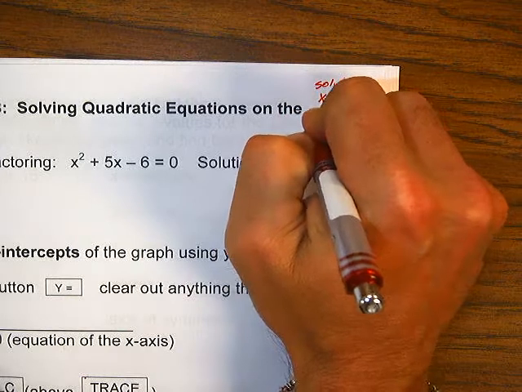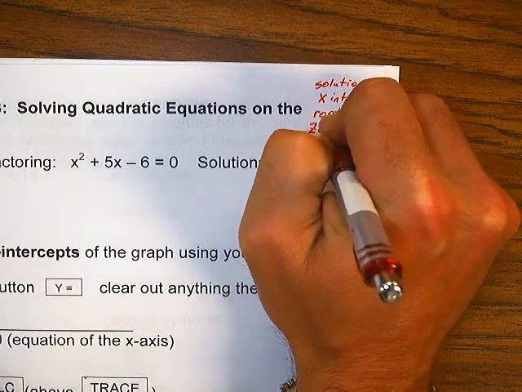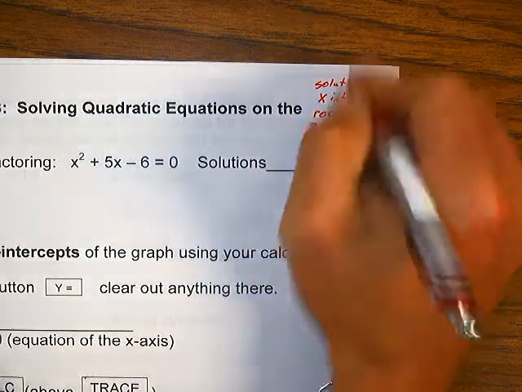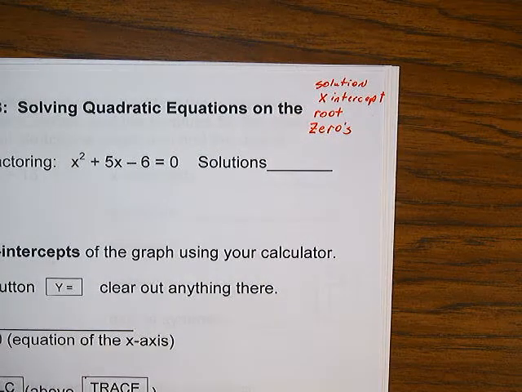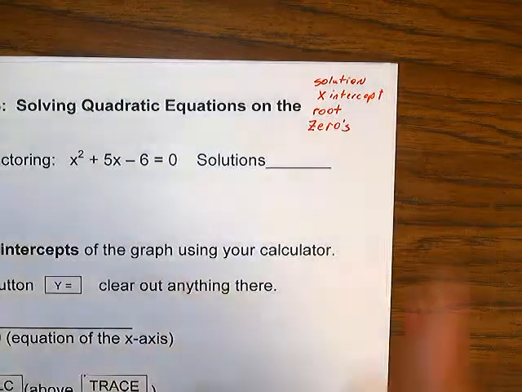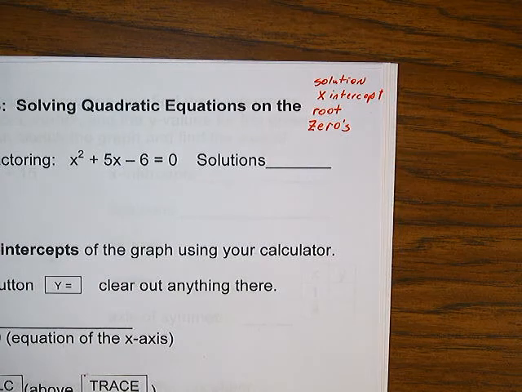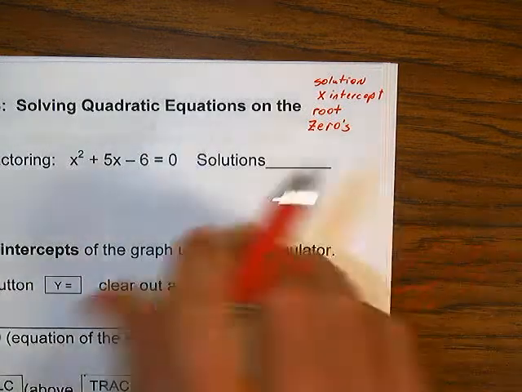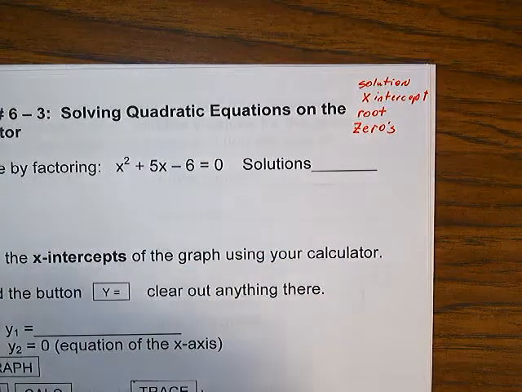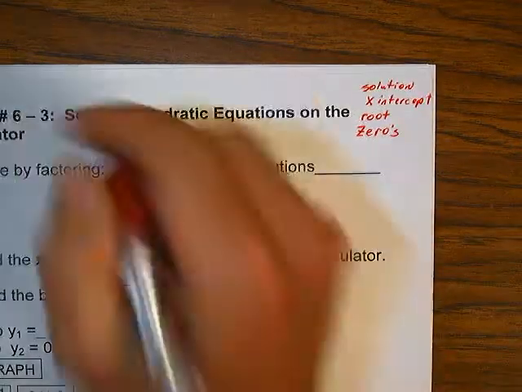And also called the zeros. Find the zeros. We're looking for the solution. They all mean the same thing. Now, we should know what x-intercept means. That means where it crosses the x-axis. When it says solve a parabola, we're looking for where it crosses the x-axis. Another thing we need to make sure we know is